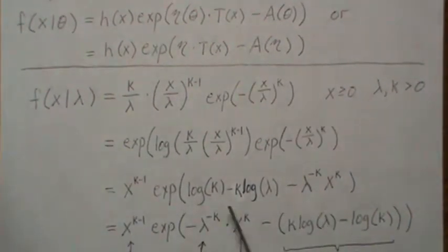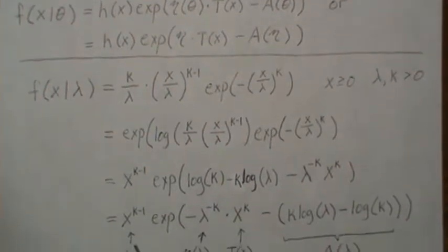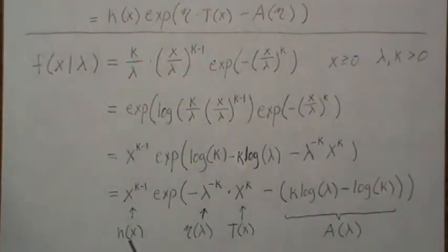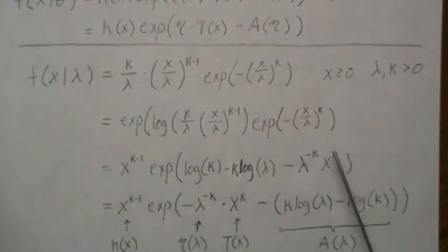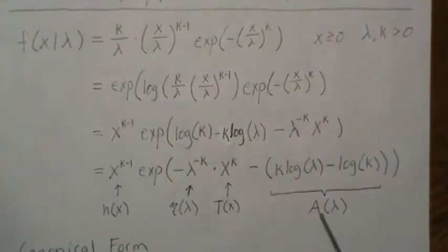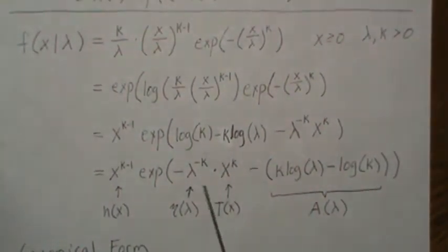So if we put this first and this second, then we're in the exponential form. So this is a function of our data. This is a function of our parameters times a function of our data. And then we have what's called the log partition, which is just a function of the lambda. And it has to be minus this because that's the form that we want up here. And this is it. So it does fit into the exponential family. And this raised to the k, that's one of the reasons why we have to assume it's known,